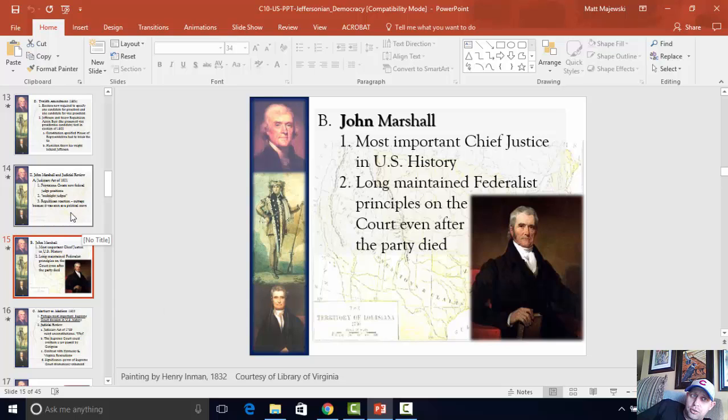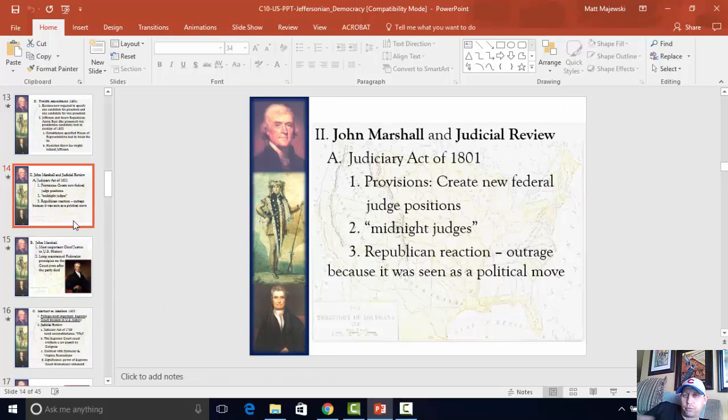That's going to take us to, let's go back to the last slide really quickly. So one of those dudes who didn't get his commission was named William Marbury. Marbury finds out later on he was supposed to get a judge job, and he never got the commission. And so what he's going to do is he's going to sue the government, and specifically the Secretary of State, James Madison, who he believes was supposed to have delivered that commission to him.